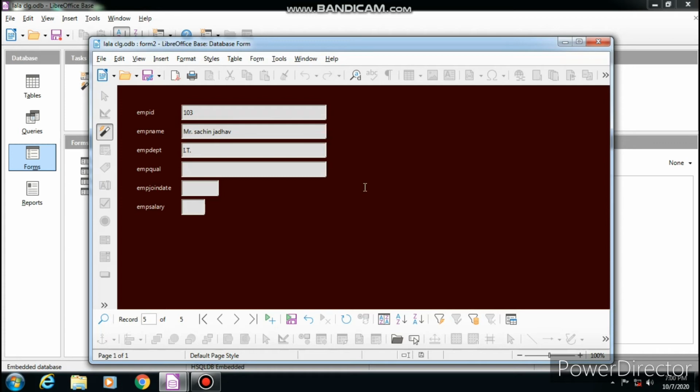So I'll enter B.E computer engineering, short form. Then enter employee joining date, month, day, year format. Even if you enter 4 digits in here, while saving, the table will save the last 2 digits.